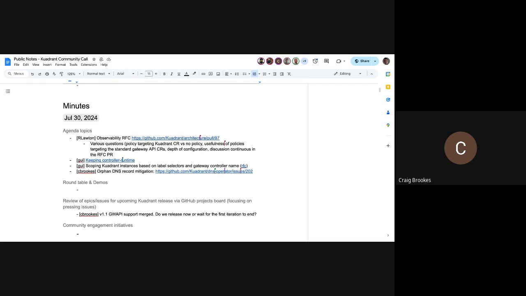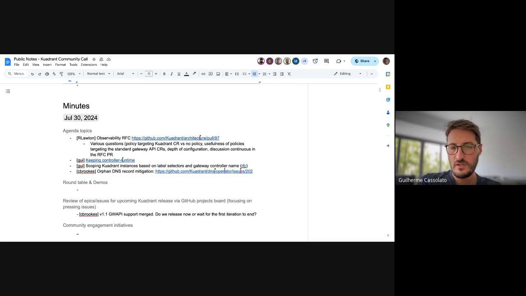I do agree with you that, at least in my head, this is not the common use case, and I kind of wonder how much politics is being played here, where it's like, oh, we want to make sure that if somebody's got one gateway controller installed, they can still install my gateway controller later on and use it, maybe migrate to it, you know? So yeah, that's just a tangential thought that I had there. But yeah, I'll have a look at that RFC as well. It's an interesting one, especially with DNS and TLS policy in the mix.